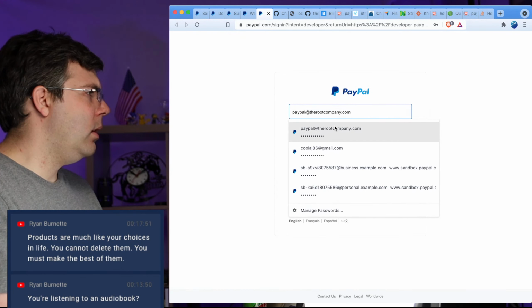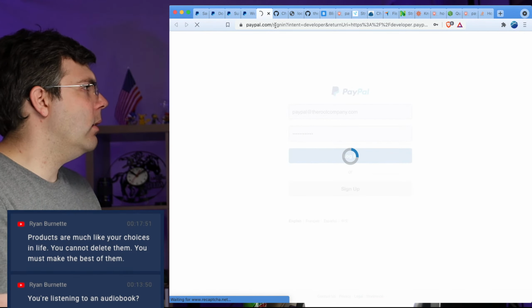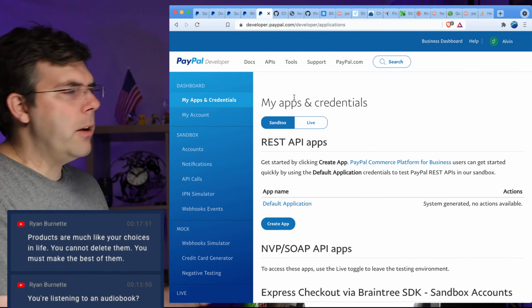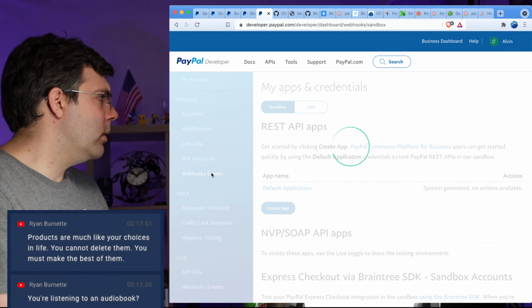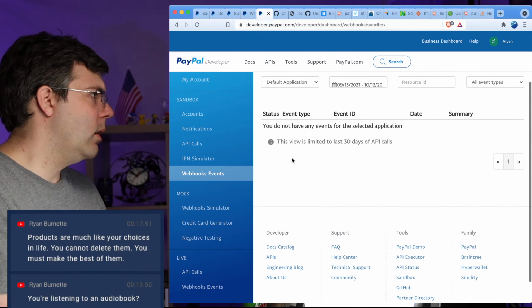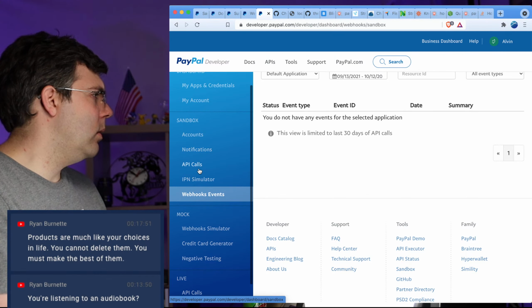Okay, for this one, I forget. Do I log in? This is the real account. I log in as the real account for the dashboard. Dashboard logs you in to the sandbox by default. So I think I can go to webhooks. Is it here? Webhook simulator. Notifications.